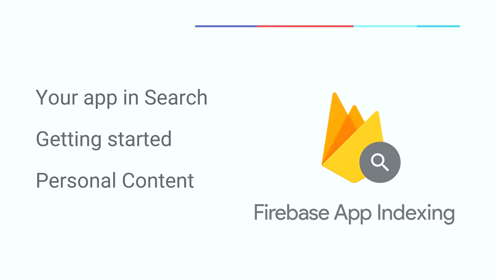I'll start out with a quick overview of what app indexing is all about. I'll tell you a little bit how you can use Google Search to get more active users and to keep those users engaged. Then Fabian is going to talk a little bit how you can get started with app indexing. We'll conclude with a very exciting outlook of what we are going to do later this year around personal content with a couple of very exciting demos.